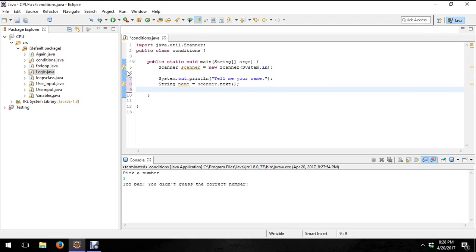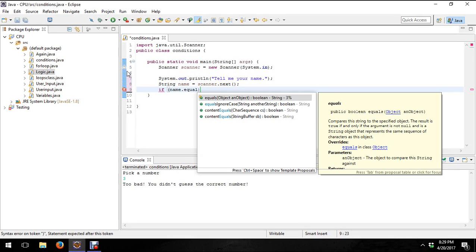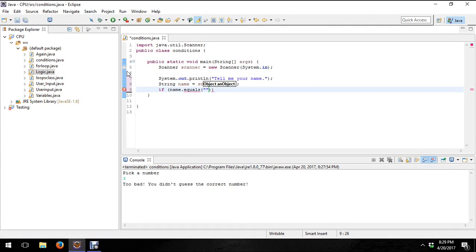let's say if name dot equals. We use name dot equals for strings. We can't have equals equals for strings like integers. Please keep that in mind when you're attempting this. And let's say if it equals Bob, and